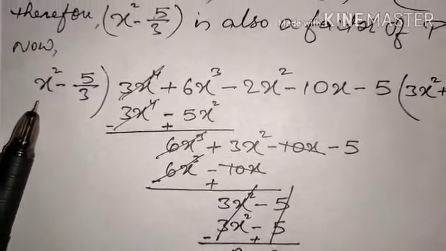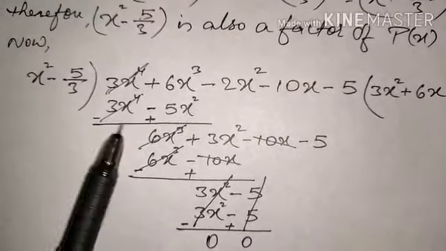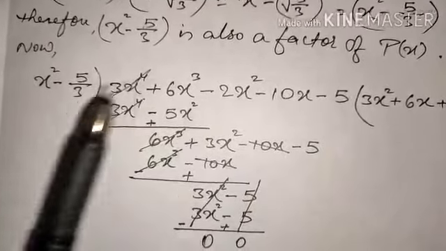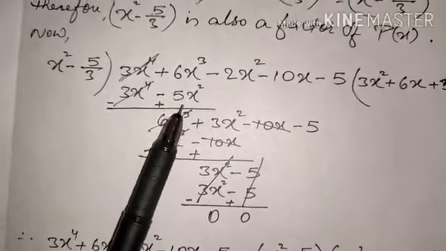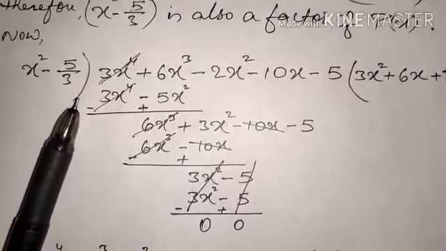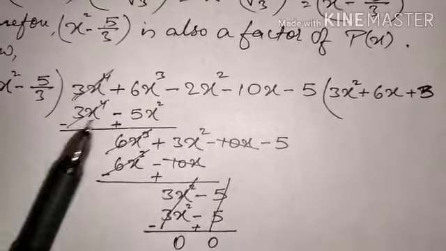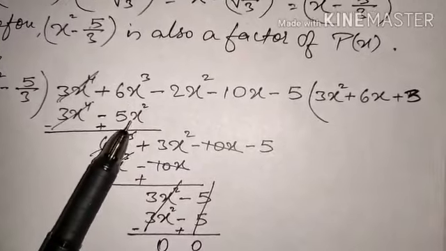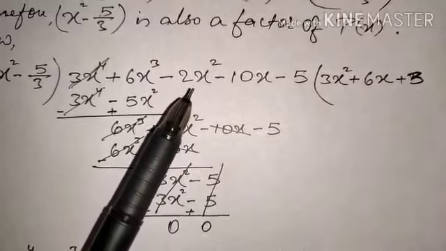So what do we multiply x^2 by to get 3x^4? Obviously 3x^2. Multiplying, we get 3x^4. Similarly, 3x^2 multiplied by -5/3, the 3 cancels, so it becomes -5x^2. Now the 3x^4 terms cancel, and the signs get altered: plus becomes minus and minus becomes plus. These two will get cancelled. Now see, this 6x^3 and this 5x^2 are unlike terms, so we cannot add or subtract them, but we can do the addition and subtraction over here.